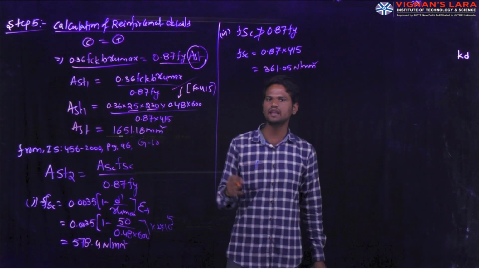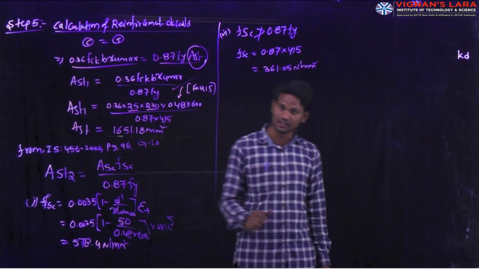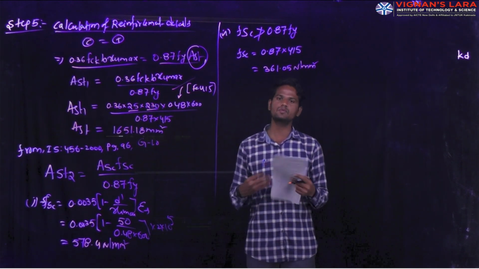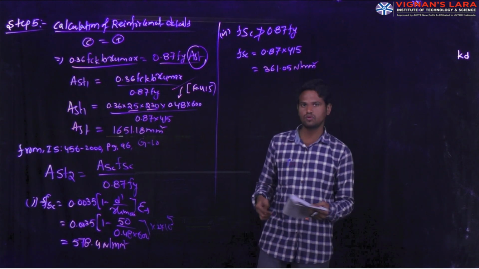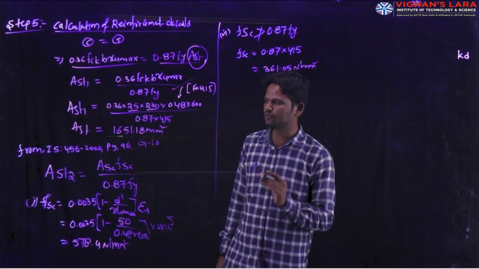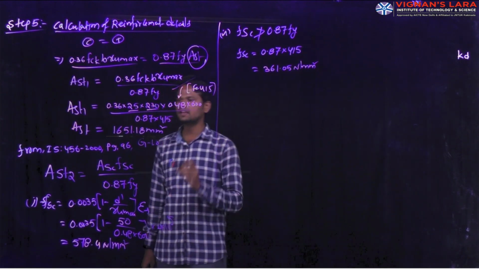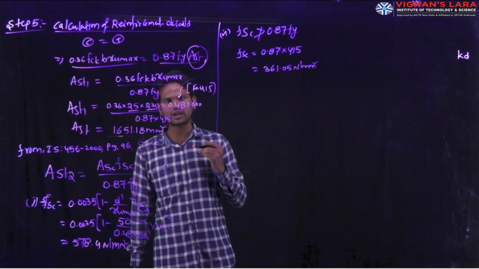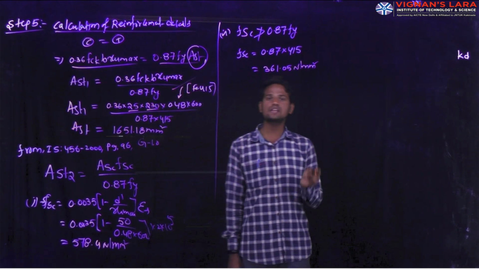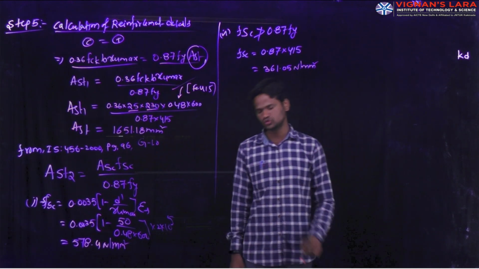What is the limiting moment acting on the beam? For that beam, this steel reinforcement will be sufficient. But we have the additional moment, which is nothing but 401.84 something kilonewton meter. For that we have to provide additional steel reinforcement, which we have to calculate. How we calculate it: we have to calculate the additional steel reinforcement in the bottom zone as well as provide additional reinforcement in the compression zone.